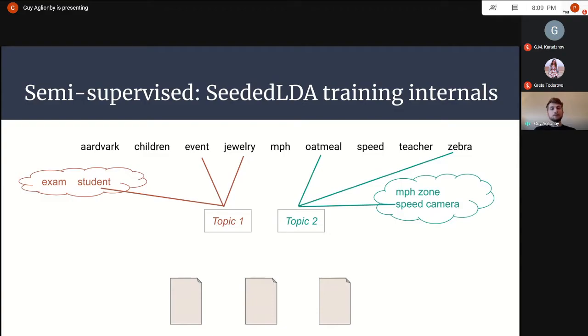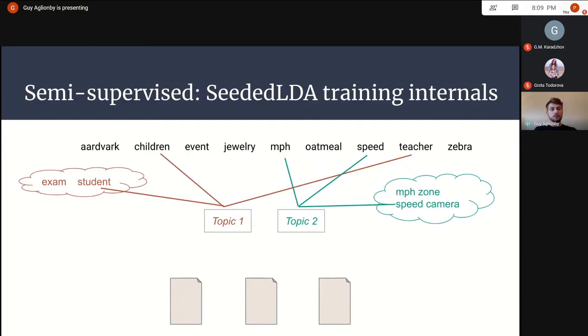As before, we start with our topics consisting of just a random assortment of words. Our topic that we want eventually to mean something to do with education has event and jewelry, but we also point it towards student. The effect of this is that, because of the bias of those seed words, the model is biased towards picking out other words that correspond to this topic.